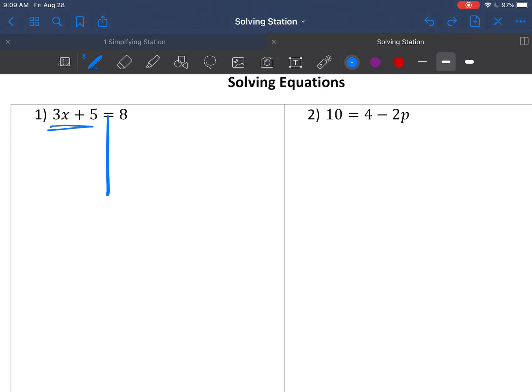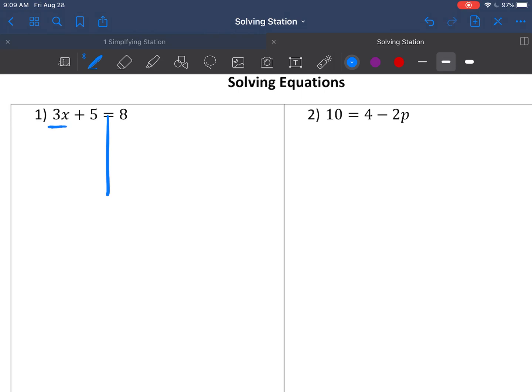If there are like terms to combine over here, combine them. Same over here. If there are parentheses, get rid of them. Simplify each side and make them as simple as they can be before you start moving things to the other side of this barrier. All right, so the left side, 3x plus 5, is as simple as it can be,